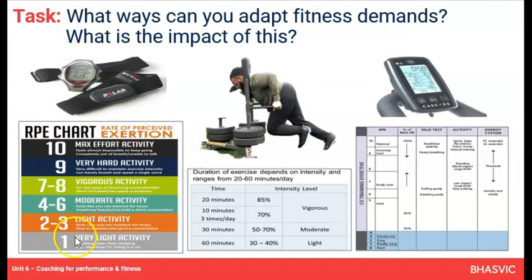Something that's a bit more subjective, which is just based on your personal opinion, is Borg's RPE scale. So you might say to your players, right, I want you to work at level 7 RPE. What that means is they should feel like they're working relatively hard. So 7 to 8 out of 10 is fairly vigorous. They should be feeling fairly challenged by this. Not excessively, maximally, and it should be more than light activity. In a recovery activity, you might say, right, I want you to bring this down, just jog around at about a level 3. That's a light activity that you use to recover after maybe some intense activity. So that is just based on their own perception of how hard they think they're working.